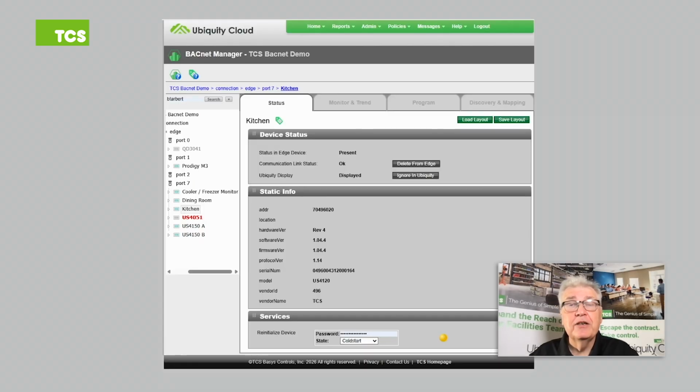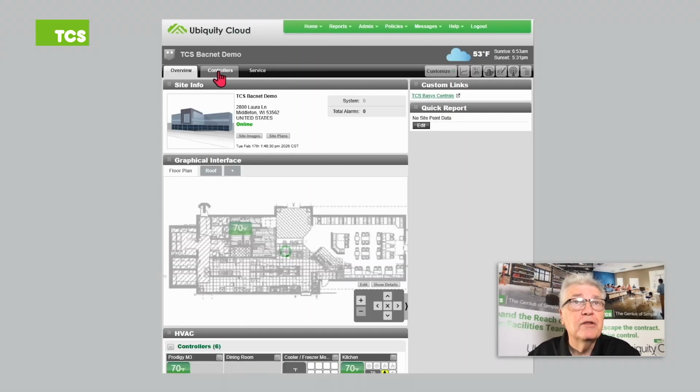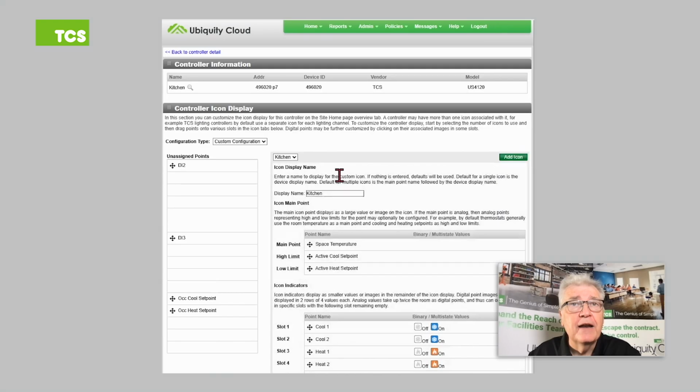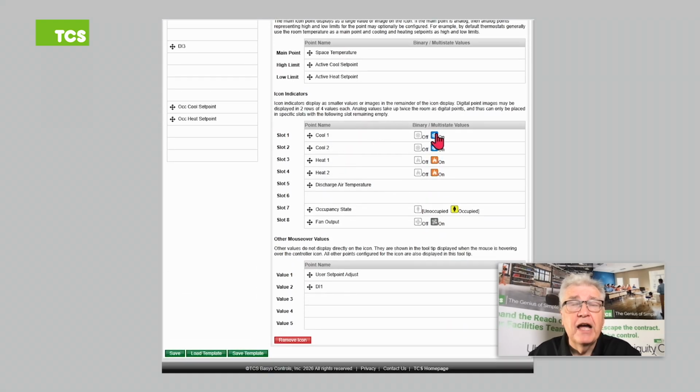And the last thing we want to do is go and save that icon. Now the icon, you don't do that on the BACnet Manager. You actually do that from the controller tab. So we go here to the controller tab, and we go to the kitchen, which is where we did, and we go to Edit Icon. So this is what we set up, and if you remember from the previous video, we changed all these icons here, and we're going to go right down here at the bottom of the page,